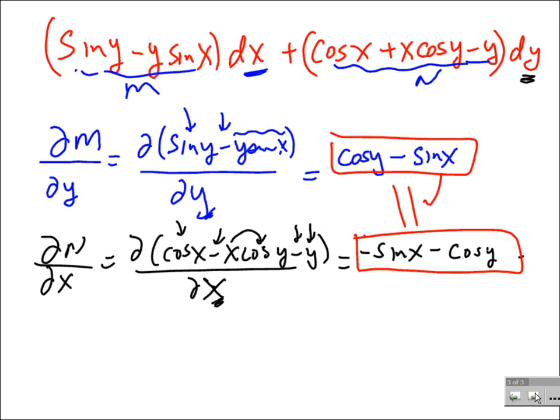Okay, and the reason they don't look equal is because N had a plus sign right here. So this should have been plus always. And the derivative of x times the constant is just a constant. Now they really do look equal. So now we verify that it's an exact